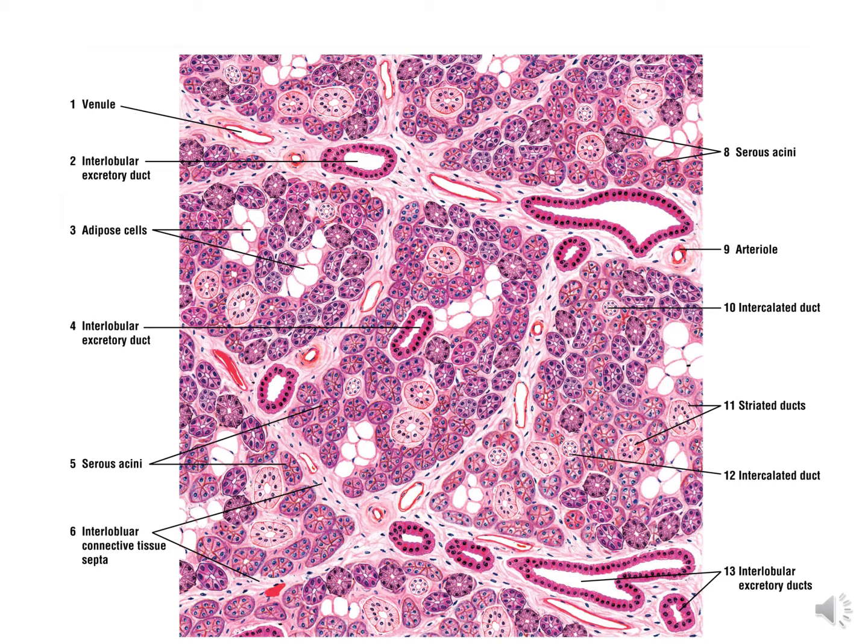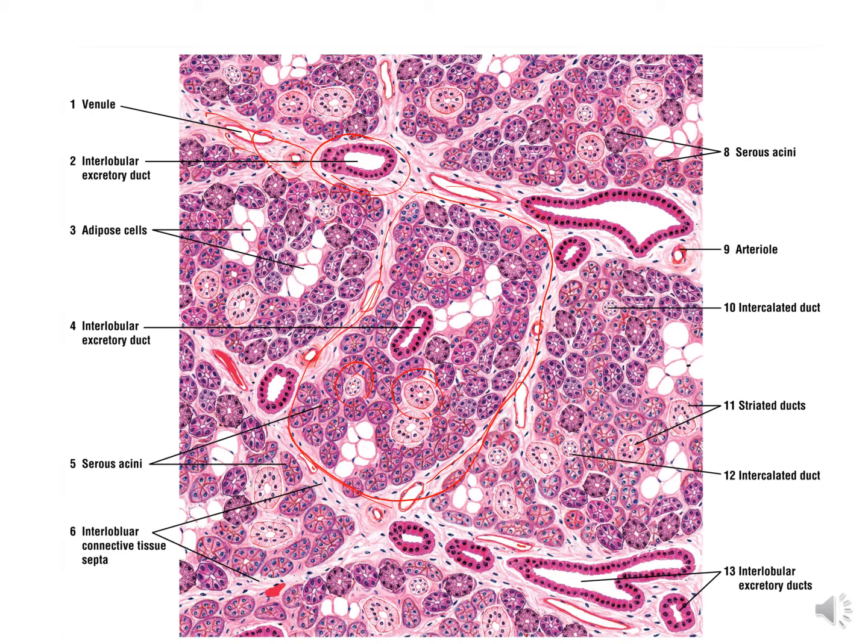This is a section of the salivary gland, that is, the parotid gland, and you can see the fibrous septa passing inside the gland with the blood vessels and the ducts in it. These fibrous septa divide the gland substance into smaller parts, that is, the lobules. So this is one lobule, and here you can see the lobule contains the secretory end pieces and the intralobular ducts, that is, the intercalated duct and the striated duct. The interlobular ducts are located in the septa, and then the interlobar ducts, and then the main excretory duct.